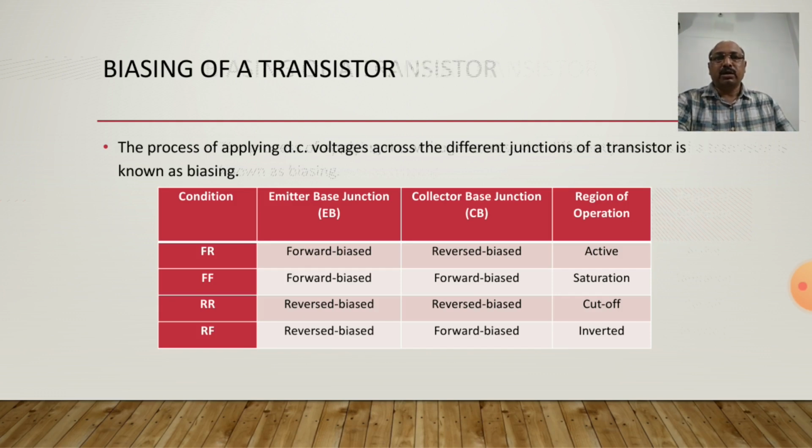In the next video, we will learn about the CE amplifier circuit. For faithful amplification, we need a CE amplifier circuit, and you will get faithful amplification by calculating the operating point from the DC load line. How to draw the load line and how to calculate the Q point we will learn in the next video.